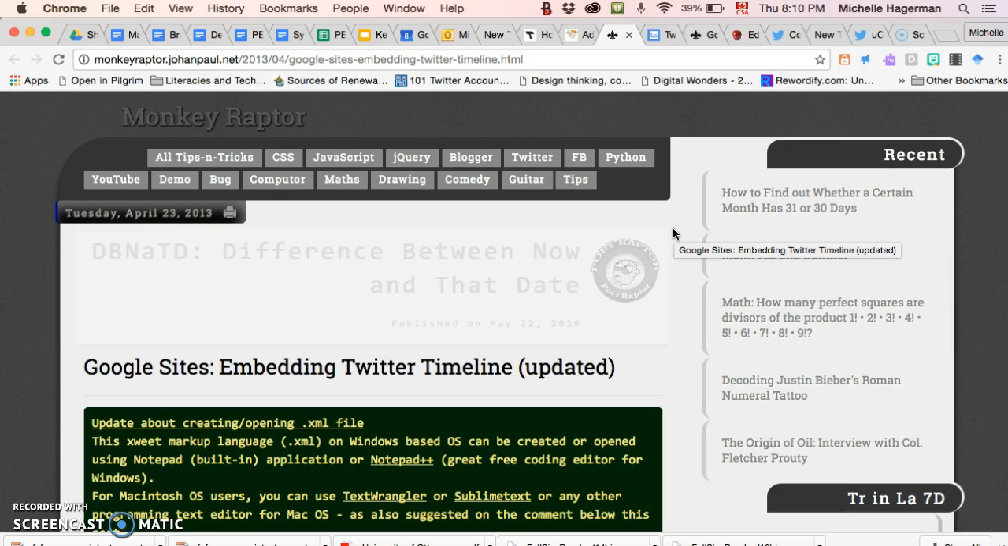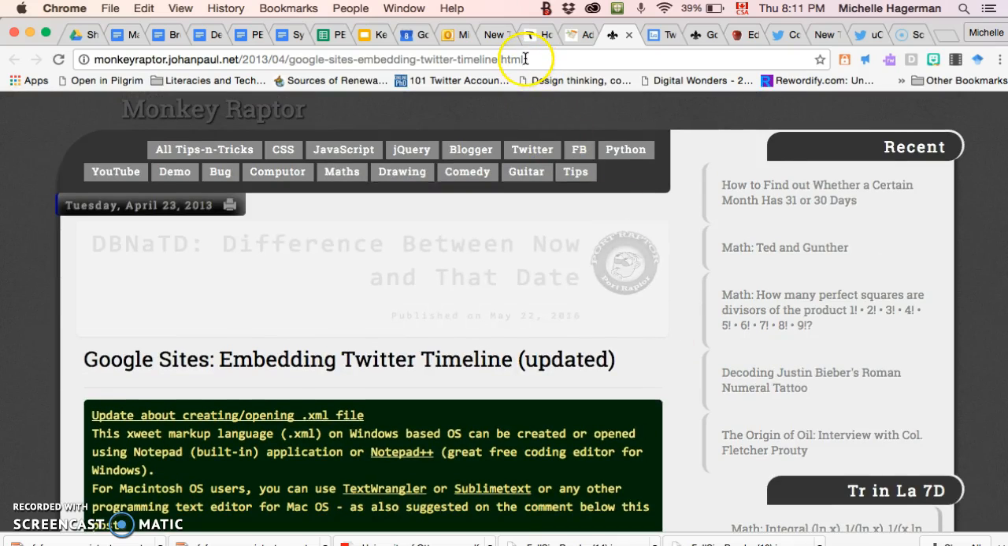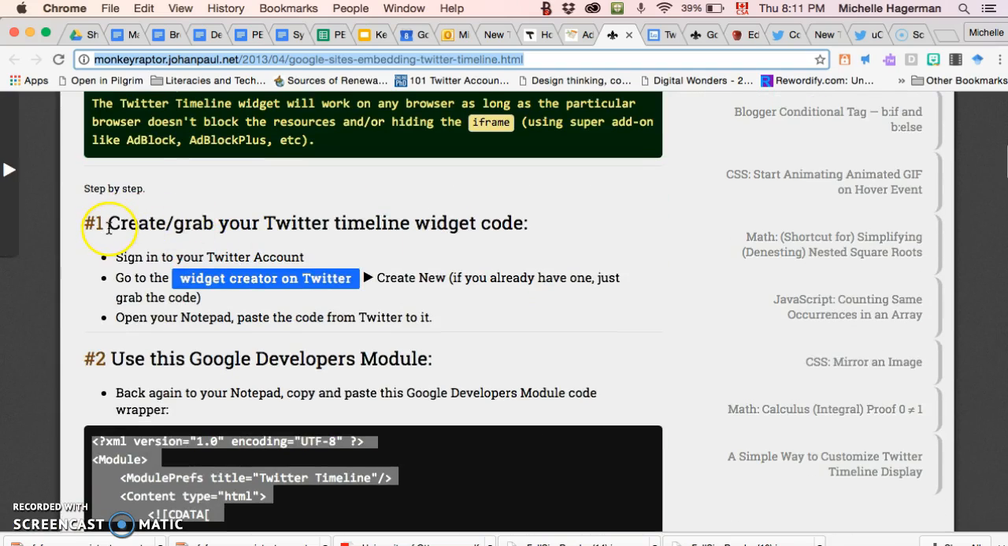It looks a little bit intimidating, but I'm going to show you how I did it myself. So all of the information is here. You can just follow that URL as well. I'll make sure that that's available. But here's what I did. Just like in step one, it says create or grab your Twitter timeline widget code. To do that, you have to go to your Twitter account, and